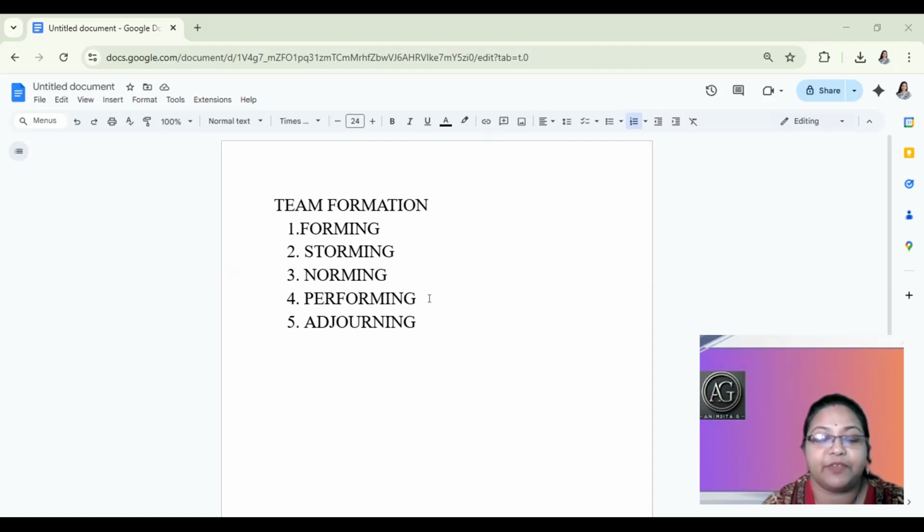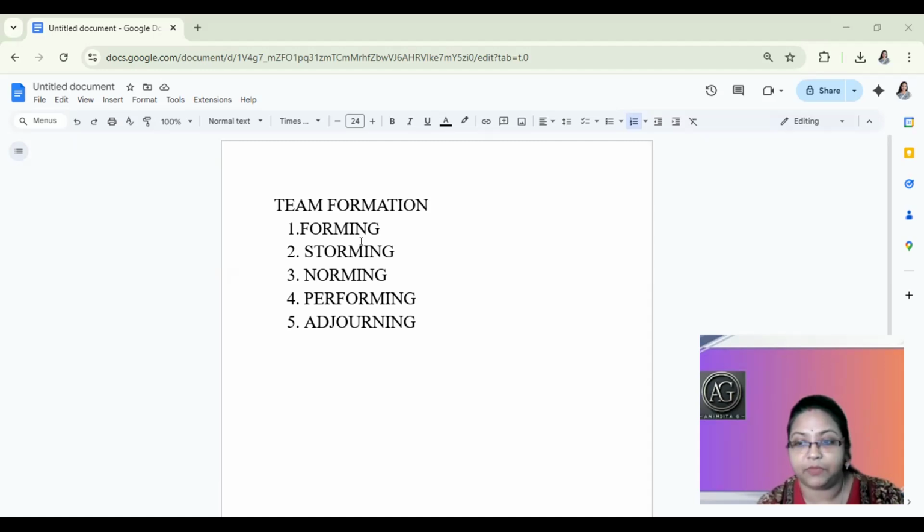So let us quickly recap the 5 stages. First is the forming stage. Here the team is excited, so there will be excitement and also uncertainty, because no one is quite aware of their roles and responsibilities. In the second stage, storming, there will be conflicts and clashes, ego clashes, or some other sort of clashes. The third stage is norming, where you will find alignment and collaboration. The fourth is performing, when the team is moving with full flow and high performance. And finally adjourning, where you come to a closure and transition when the project comes to an end.